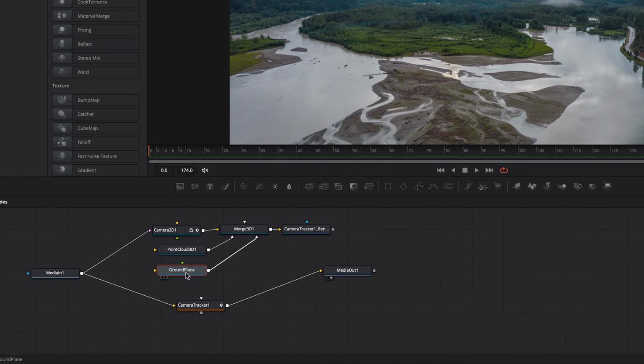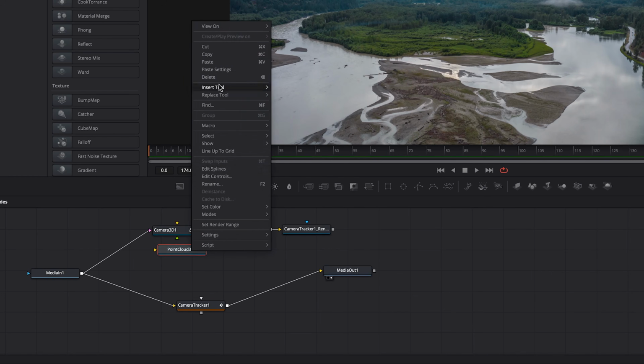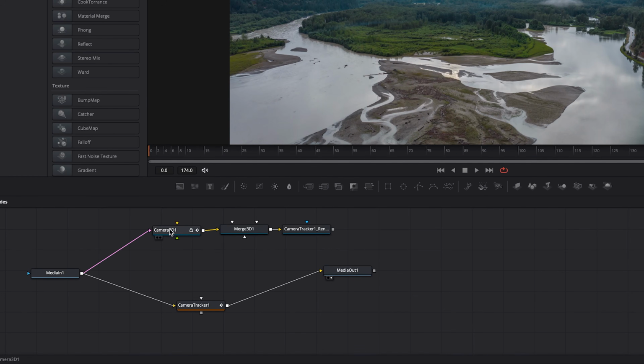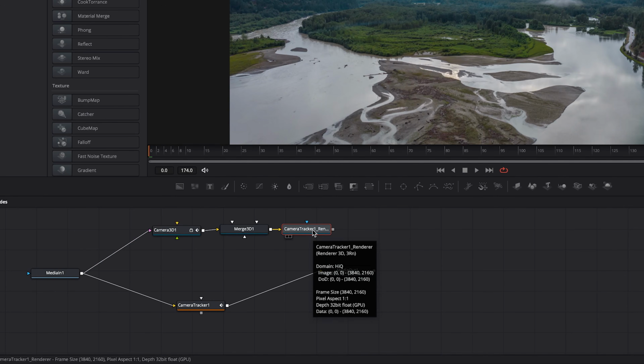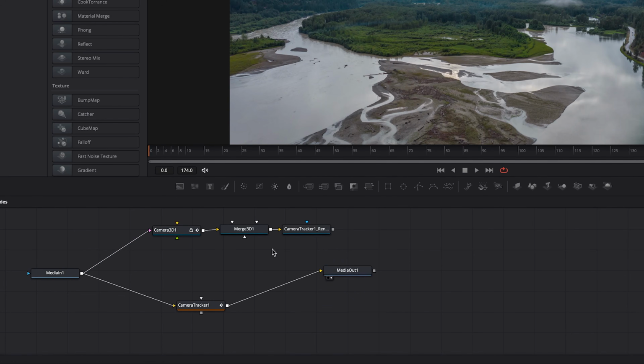We don't need to worry about the ground plane, so we can right click and delete, and we can do the same thing for the point cloud, as we are only working with the camera, the merge 3D, and the camera tracking solved result. And because we've already exported the camera tracking data, which created these three nodes, we no longer need the camera